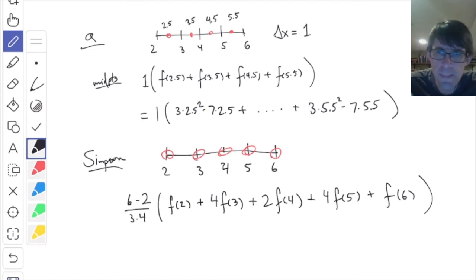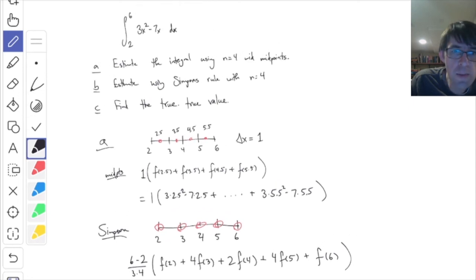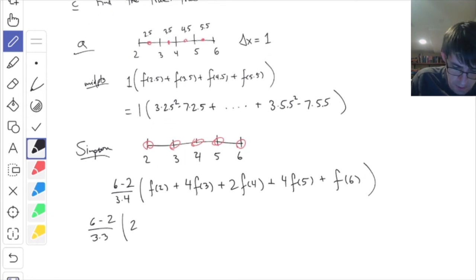Okay, and then you don't need to simplify this whole thing, but you shouldn't leave it like that because I want to see that you know what the f means. So as my final answer, I would say this, and then f of 2 means, I've forgotten my function. 3x squared minus 7x is the function. So it's